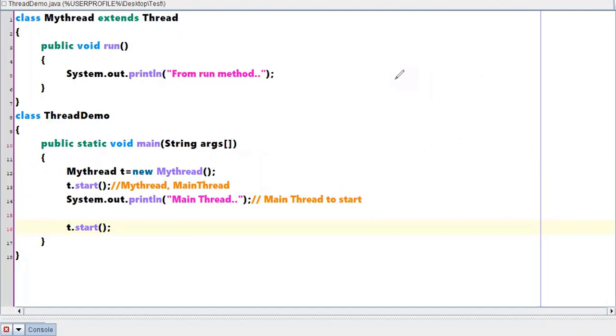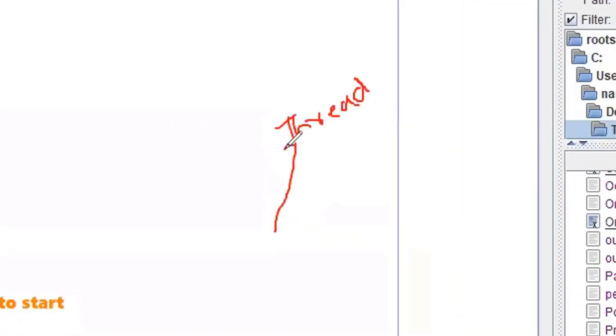Diagram in the sense, it means what are the things we have done until now. We were having some thread class, right? So I'm just telling what are the things we have done until now. We were having a thread class, and by using our user defined class, we used to extend this particular thread class.